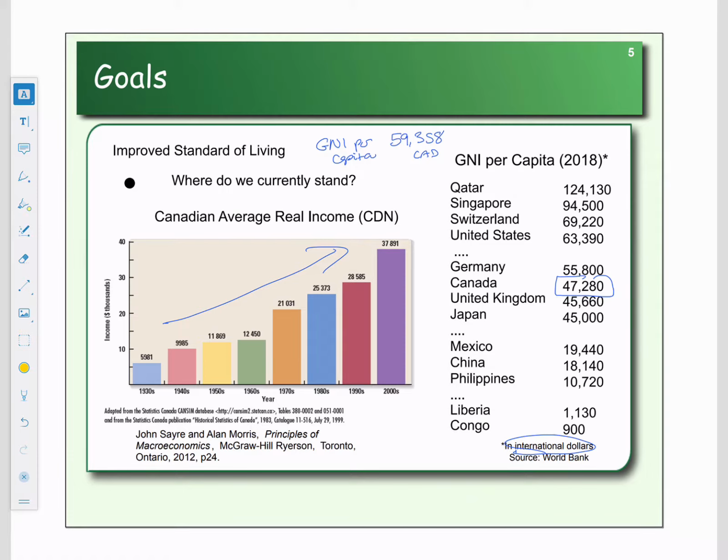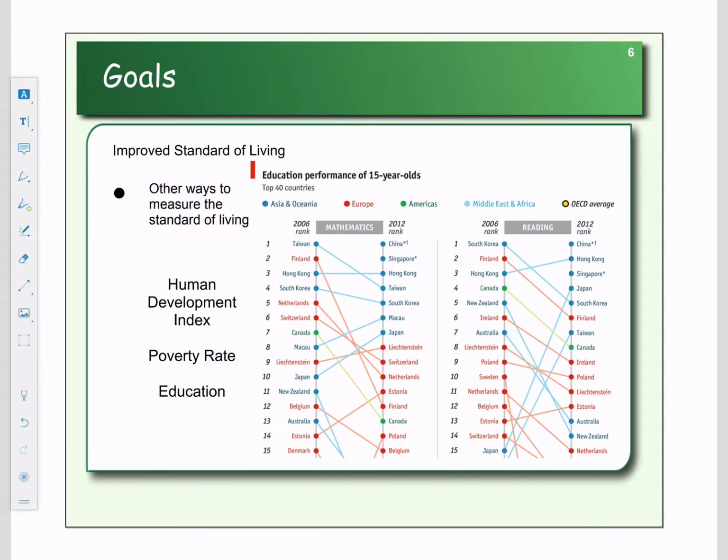Now, GNI per capita is not the only way to look at standard of living. There are other ways to measure standard of living. Okay, so in addition to looking at GNI per capita, we can also measure standard of living with the Human Development Index, or by looking at the poverty rate or the education rate. The Human Development Index takes that GNI per capita